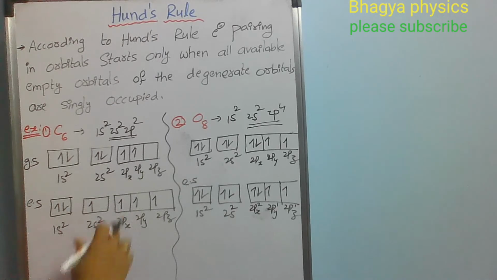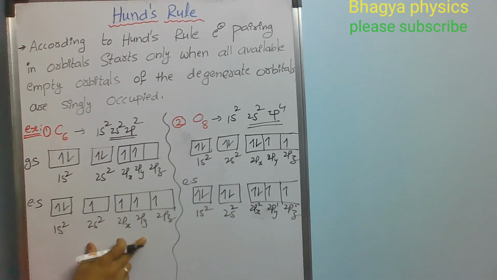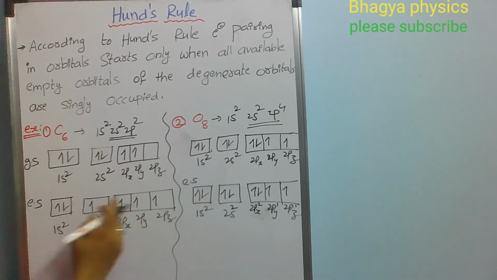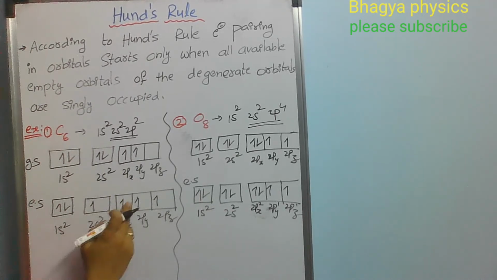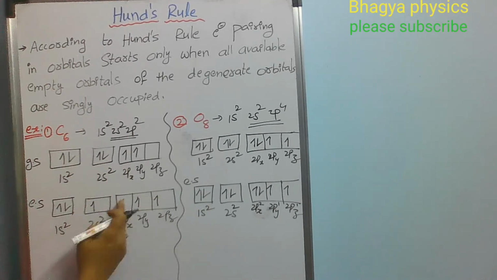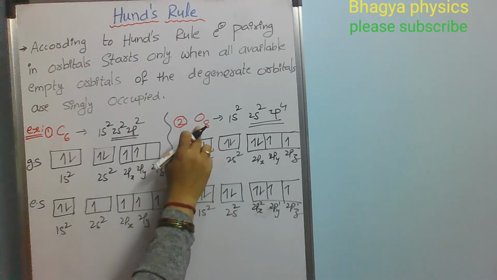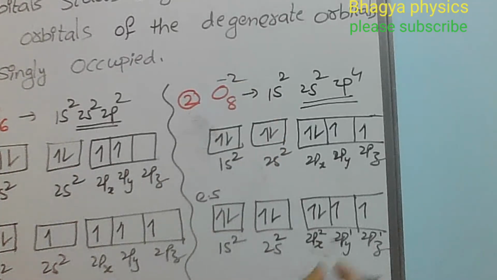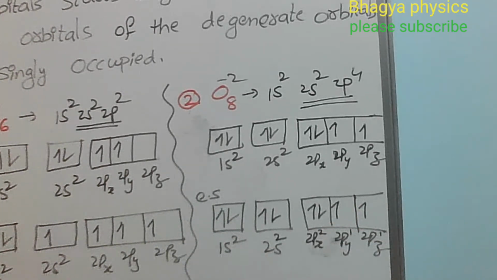Moreover, the carbon valency is 4 always, because it may lose, share or gain these 4 electrons. So here 1, 2, 3, 4: there will be 4 vacancies in these orbitals. Coming to oxygen, it always gets a valency of -2 only, because 2 empty or half-filled orbitals will be present here. That is why the oxygen valency is -2.